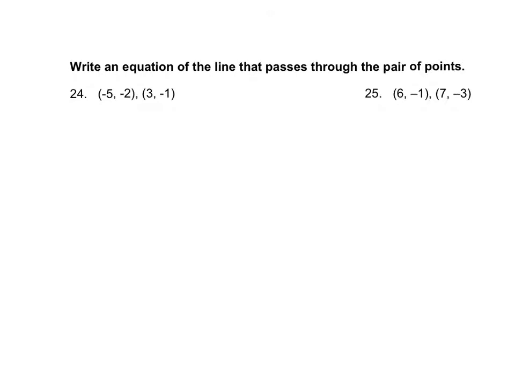Write an equation of the line that passes through the pairs of points. Well, they don't specify what kind of equation. You have 2 points. You should immediately know that with 2 points you can calculate the slope. So we're going to get the slope, and then you're going to have a point and slope, so you'll use point slope. The slope is -1